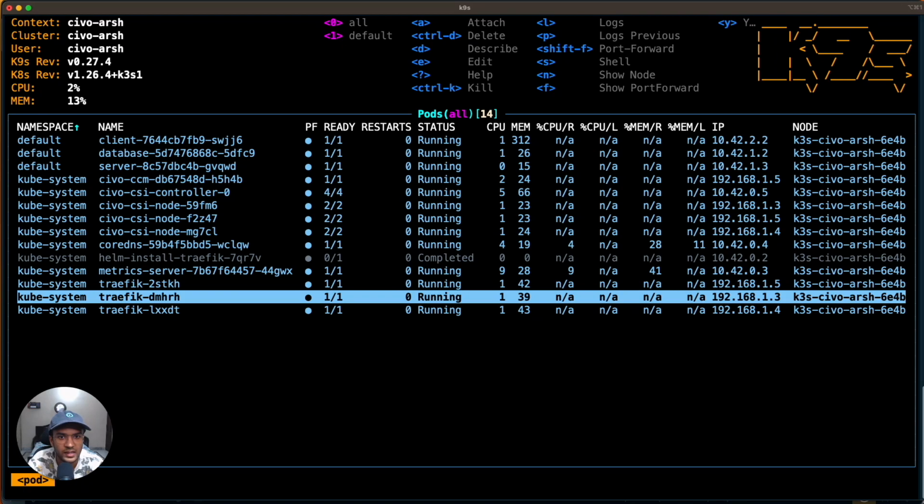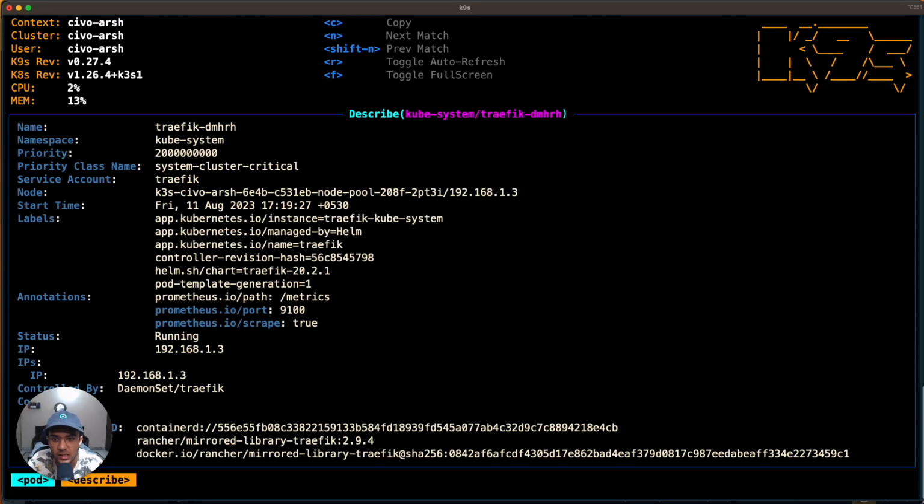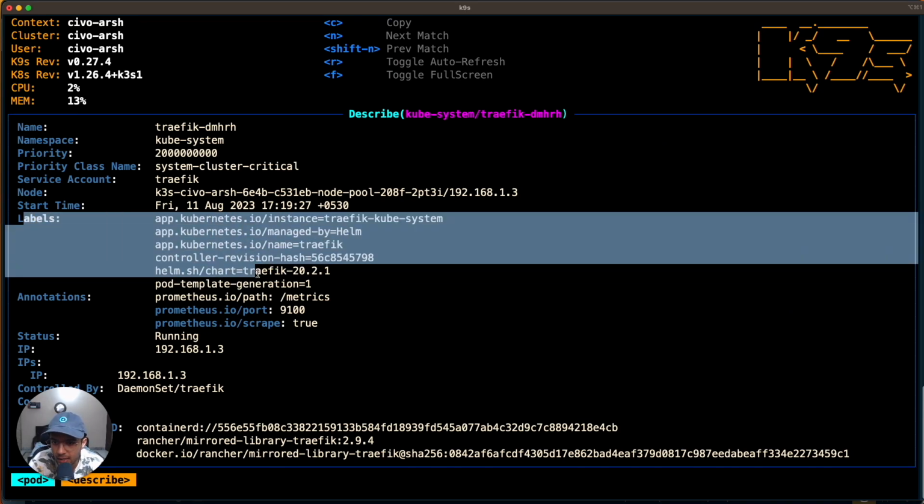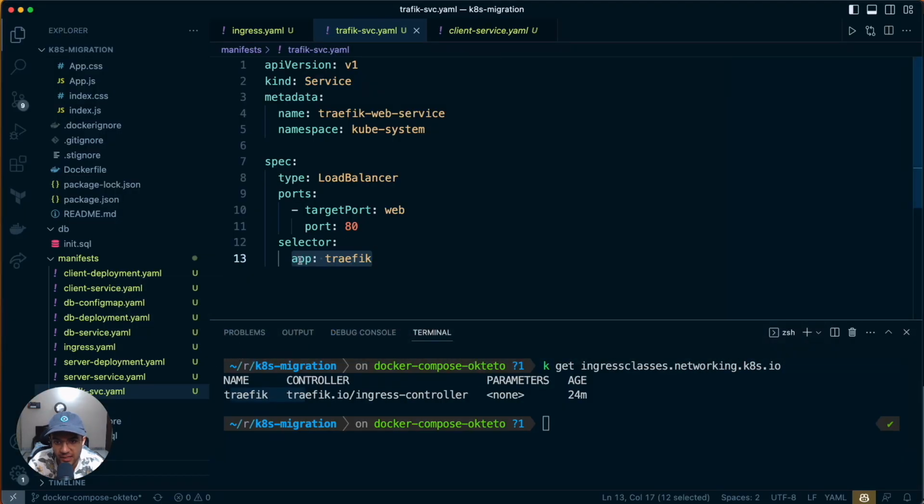How do I see the detail? Okay, describe, press D for describe. Let's describe this, and we can start to see the labels for this. Under labels, I see that the label which seems most unique to this one is app.kubernetes.io/name. So I'm just going to copy this and replace